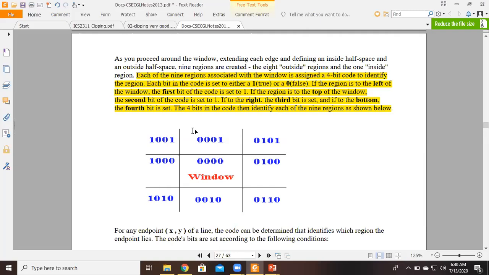The only thing we need to remember is that the inside code is 0000. So anything that is within this 0000 is displayed. Anything that is outside the 0000, depending on its arrangement towards the window, might be clipped or not clipped. This statement is really important so that you can understand where's the left, where's the top, where's the bottom,